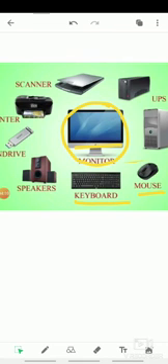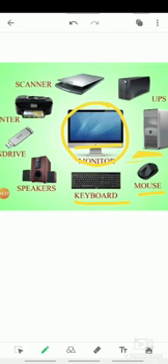So both keyboard and mouse are called input devices. And next one is CPU. CPU is called the processing device. It is used to process the operation.